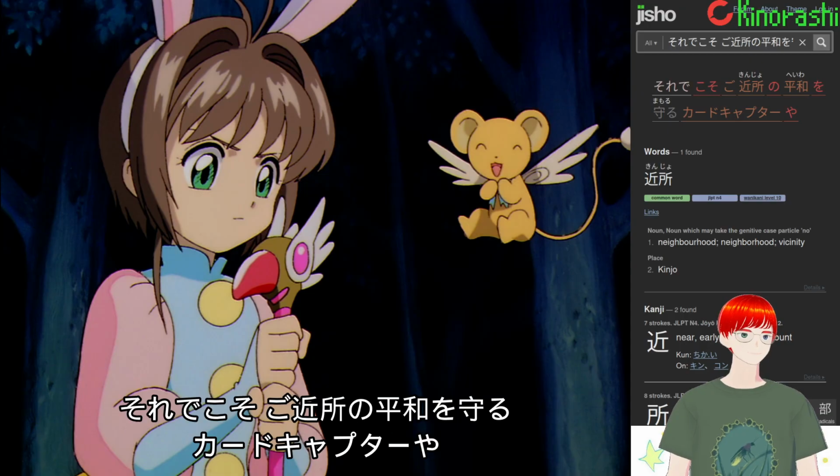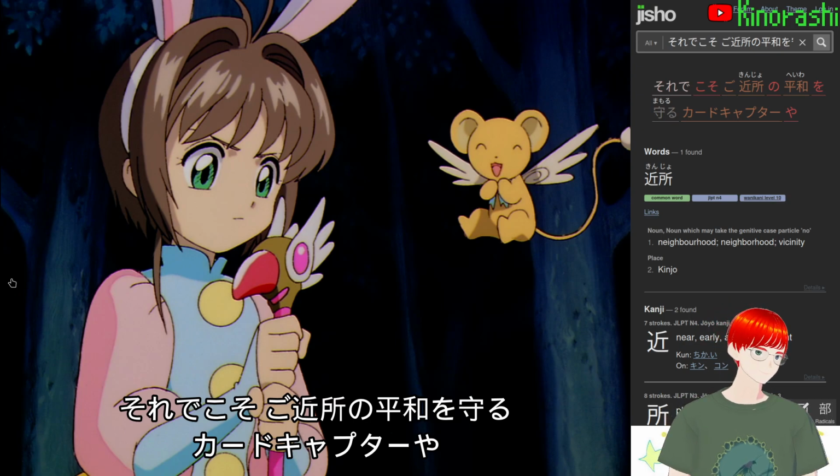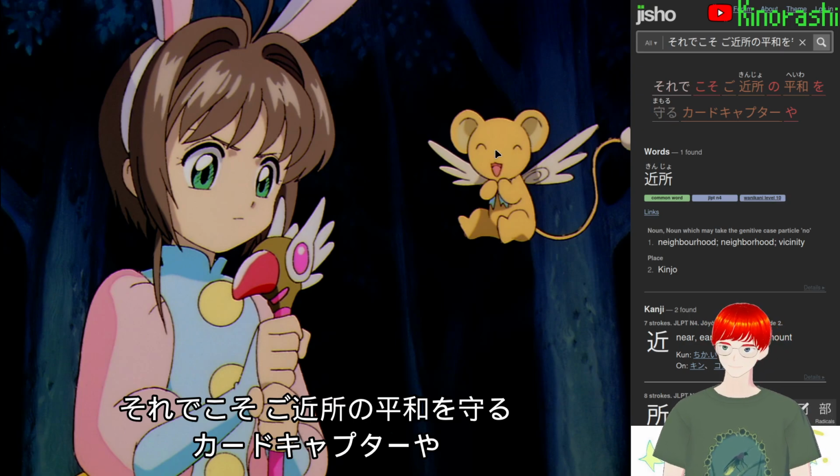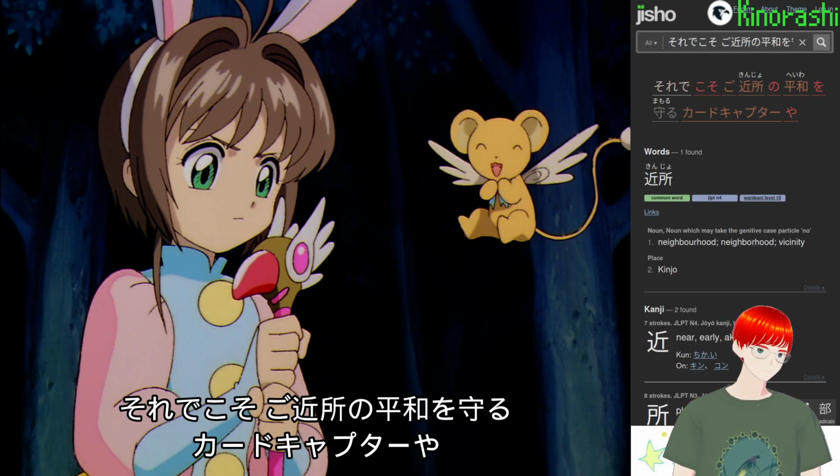Where does koso come from? Oh, here we go. Koso. Koso is an adverbial particle in Japanese that primarily replaces either wo or ga. Its main role is to highlight the preceding noun or noun phrase as being the most important piece of information and related to the rest of the sentence.